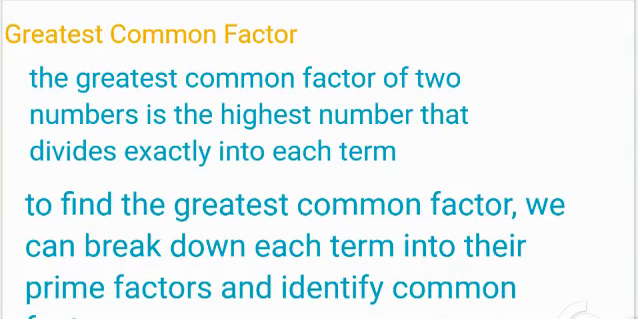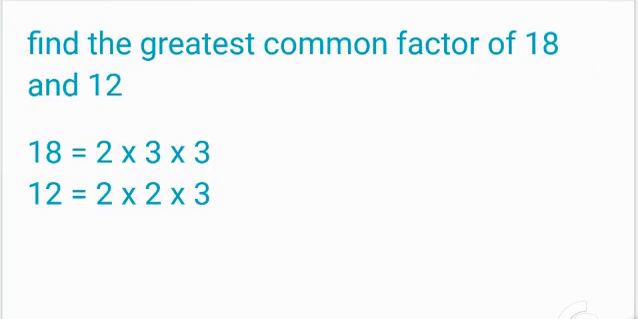The greatest common factor of two numbers is the highest number that divides exactly into each term. If we want to find the greatest common factor, we have to break down each term into their prime factors and identify common factors. So if we want to find the greatest common factor of 18 and 12, the first